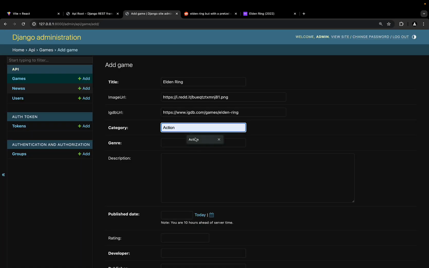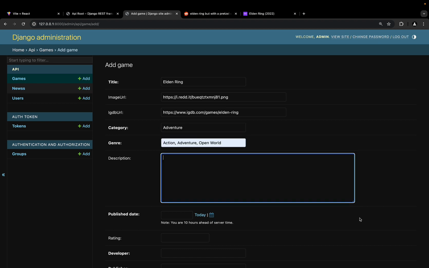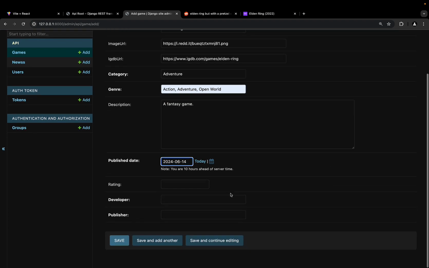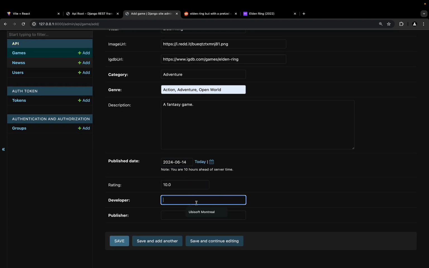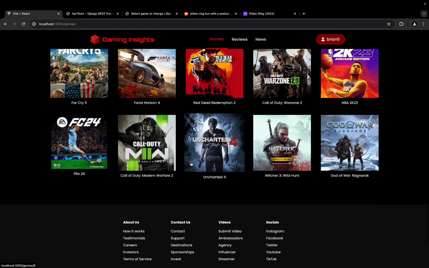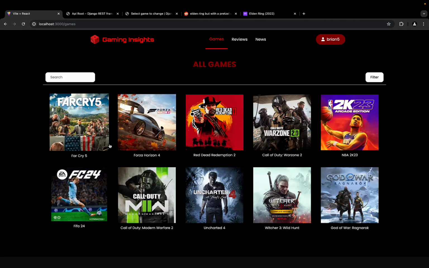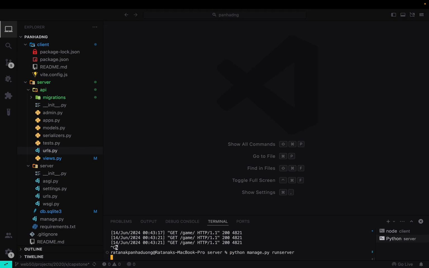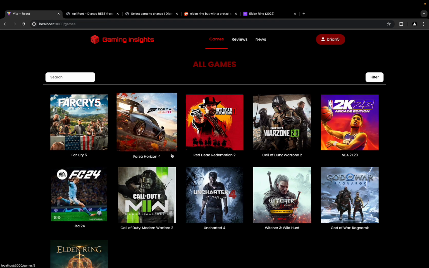And then let's write some category. Let's put adventure, and genre of action, adventure, open world. For the description, let's say a fantasy game for now. For the rating, let's do 10 out of 10. Developer, I don't know which developer it is, but let's say some developer, and then some publisher. There's no real validation function in this version yet, but it's going to be added in the next versions. Let's click save, and there's Elden Ring right here. When we go back to our application, and then go back to games, we refresh the page first, then refresh our backend. Then when we refresh the page again, there the game